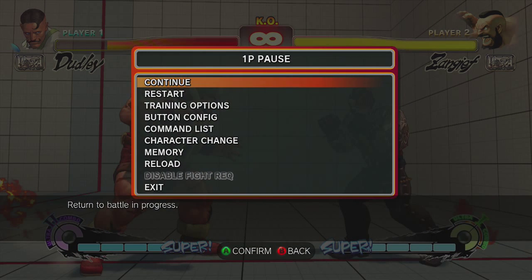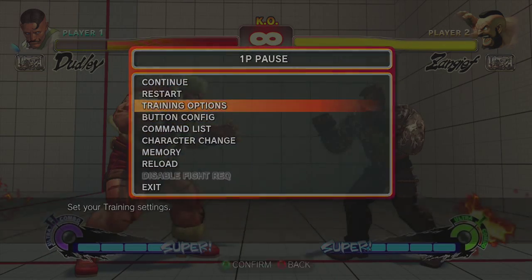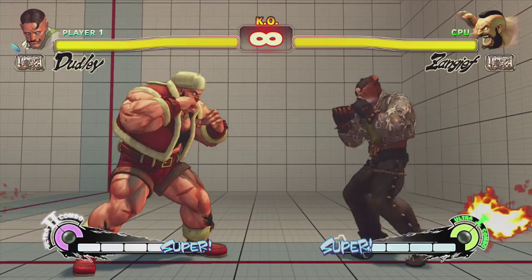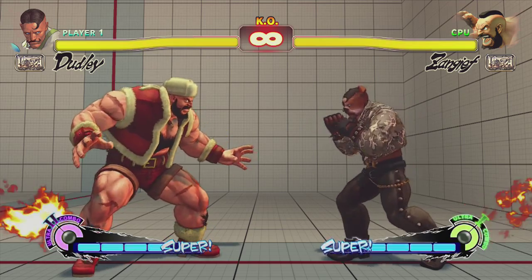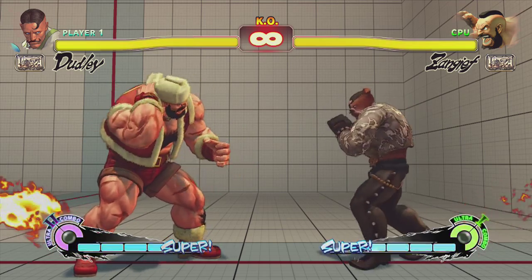Dudley, you have escape options. You can backdash, you can jump away, you can uppercut. So you have options. It's just knowing when to use that option. Do not be predictable with your options. Zangief thrives on reads, and don't let Zangief have a read on you. Be unpredictable,